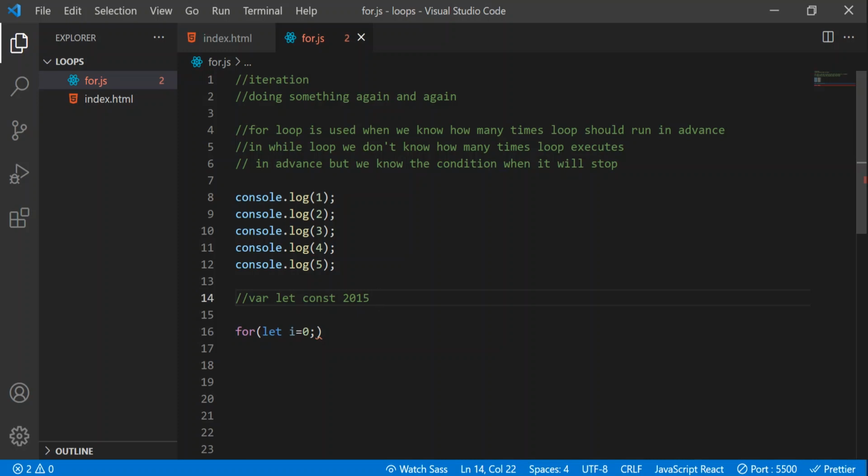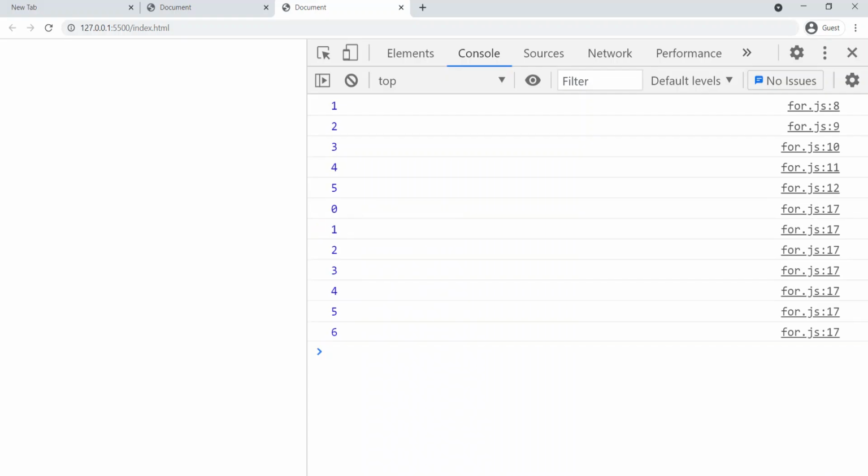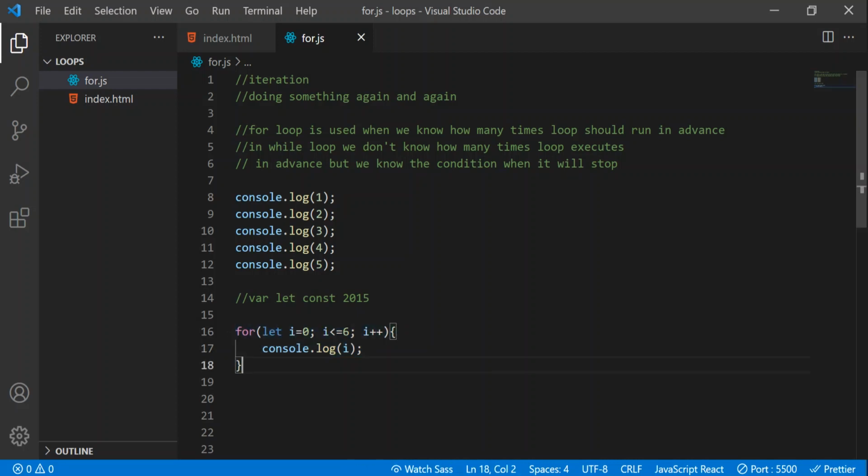So the first part is initializing and declaring a variable, let i equal to 0. Then i less than or equal to 6, let's say 6, and I'm incrementing it, i plus plus. We are done with the three things, then open the curly braces, and here I'm writing console.log i value. Just like an if block, here we don't need the curly brackets if there is only one statement, but I'm using them here. It's not mandatory. Now you can see 0 1 2 3 4 5 6, since we have given i equal to 0, that's why we got this output in literally three lines. So in this way, the for loop is going to solve these kinds of situations.